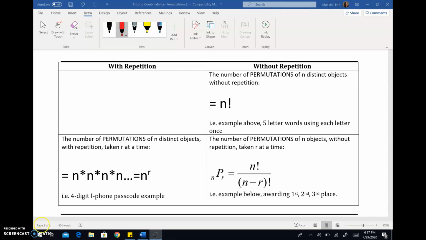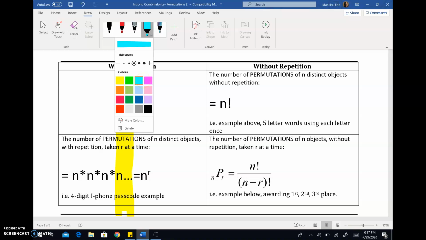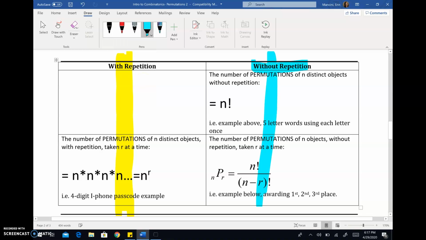To highlight this table, this column talks about permutations where repetition is allowed. For example, that might mean you're making a passcode and you can use the digit 9 twice in the passcode. That would be a repetition of digits. This column over here on the right specifically focuses on permutations without repetition. So that might mean you're making a passcode, but all the digits have to be unique. So you can do 1, 2, 3, 4,